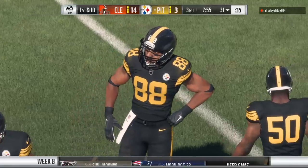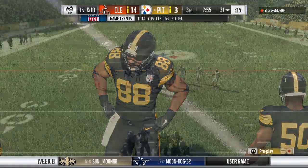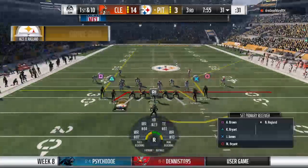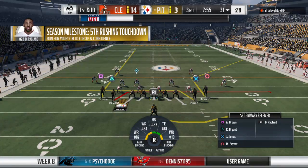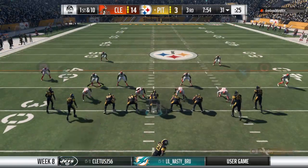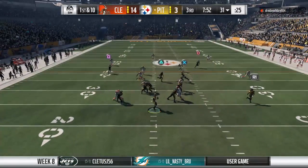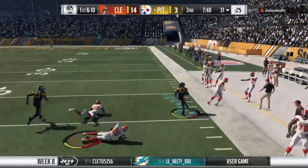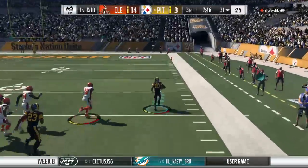I never want to make something more important than it actually is, right? I don't want to create more hype than what is there. But I'm doing it, though. This is a really important drive, and we often talk about teams scripting plays to start a game. A lot of them script to start the second half, too, and they're scripting something that they expect to get them into the end zone and back into this game. We'll see if that script...